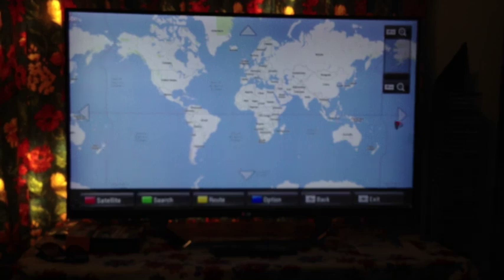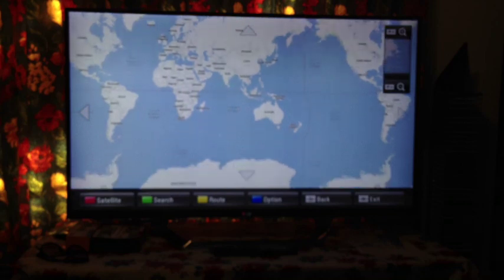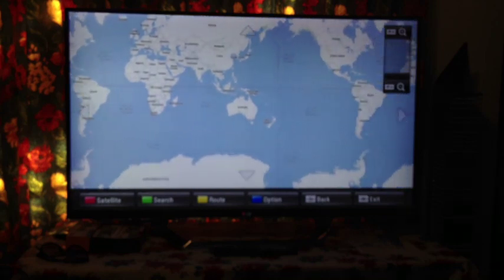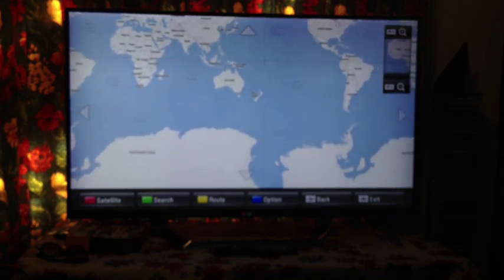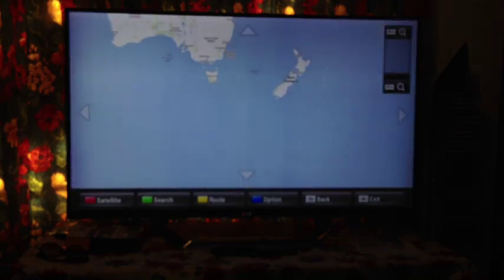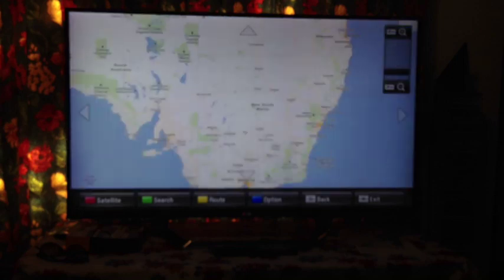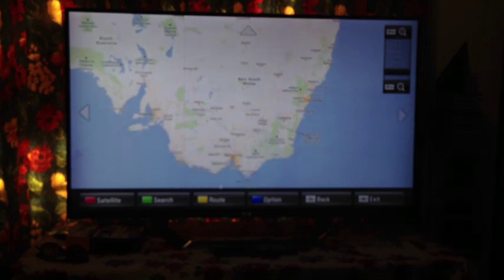So Google Maps works much like it does on the computer. You can use the navigational buttons on the remote and the scroller to zoom in. So we'll go in and zoom in on Australia. And you can browse to locations, you can plan routes, and you can even get satellite view, which looks very nifty. So we're scrolling to our region here,